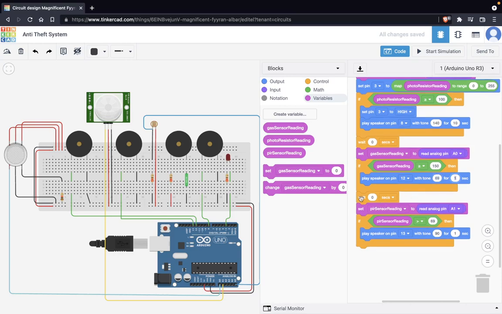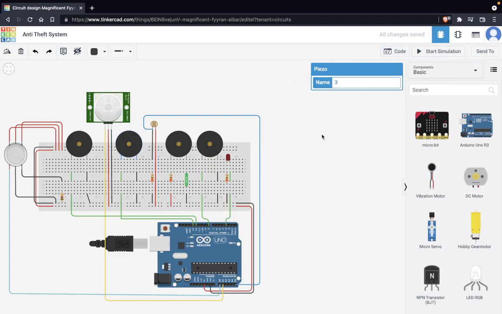Then again, just for the sake of purification of code, for the PIR sensor, if the value of this variable is greater than 69, the speaker on pin number 13, which is this one, will be buzzing with a frequency of 90 Hz. And for this part, which is this tilt sensor, I have added it in series with the piezo device. So as it is triggered, the circuit is completed, and this starts buzzing.